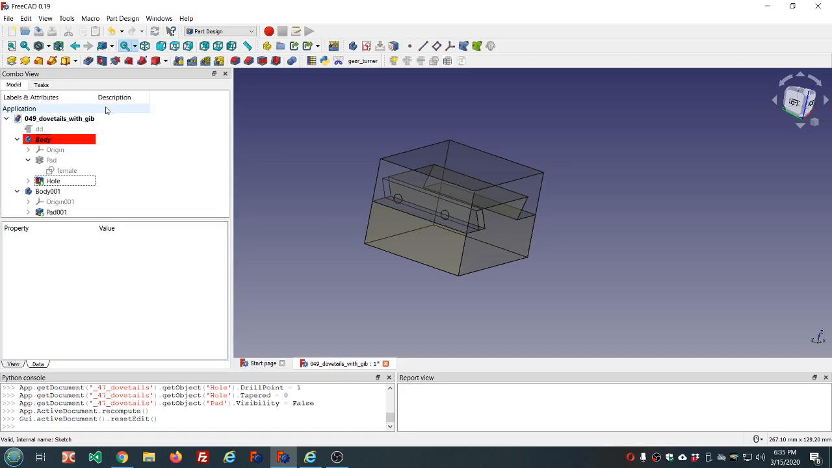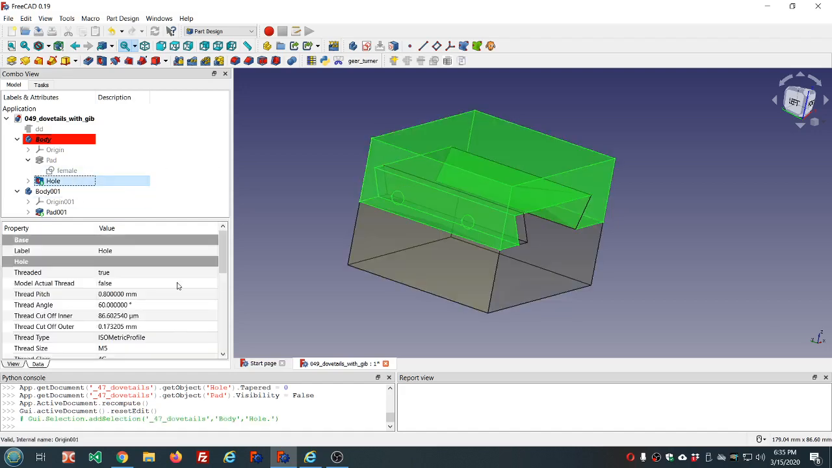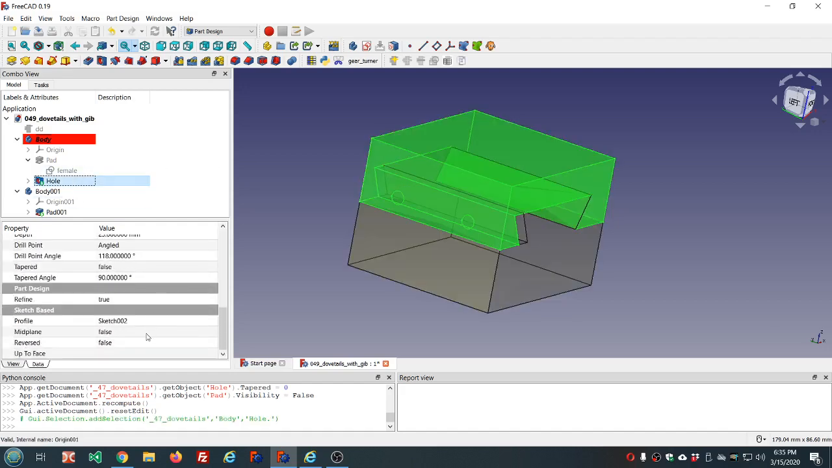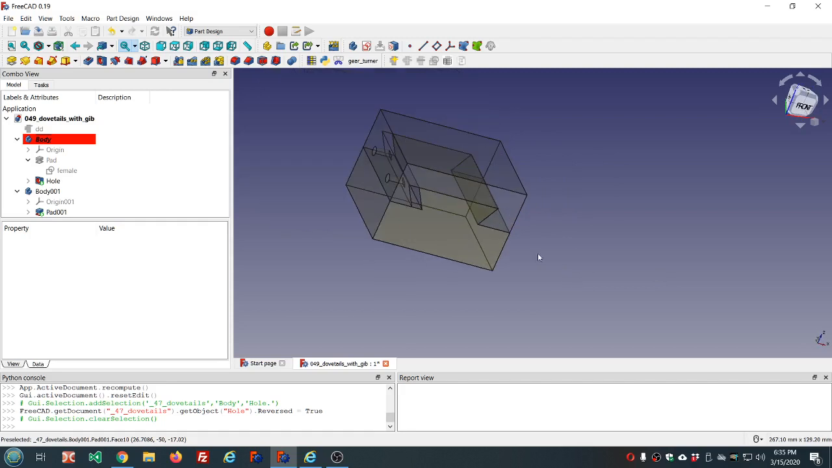So if we were making this out of steel, we would use that 4.2. If we were making this out of plastic, we could go a little bit smaller, and that tap will still cut through that plastic. But anyway, now we come down here and we'll look for this reversed property and set that to true. So we've cut,